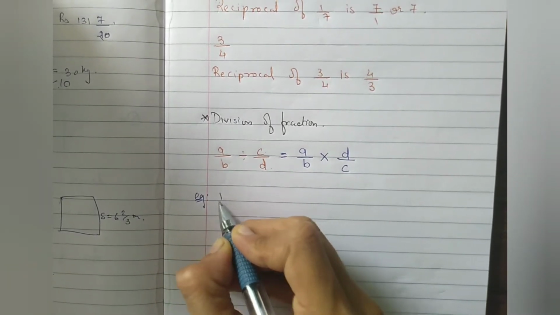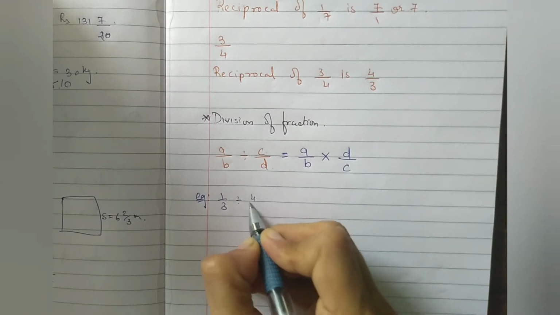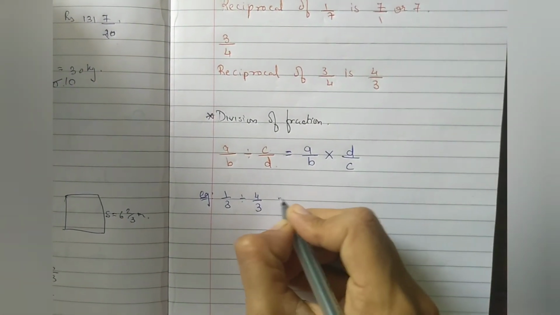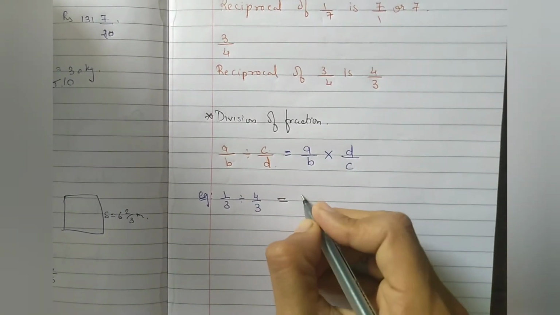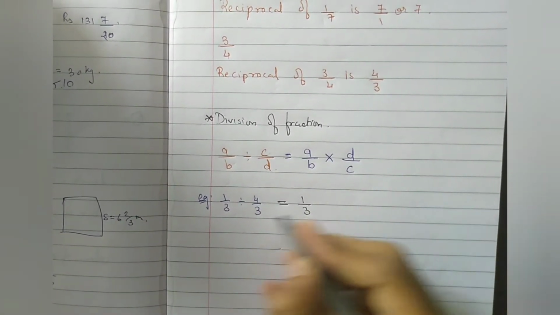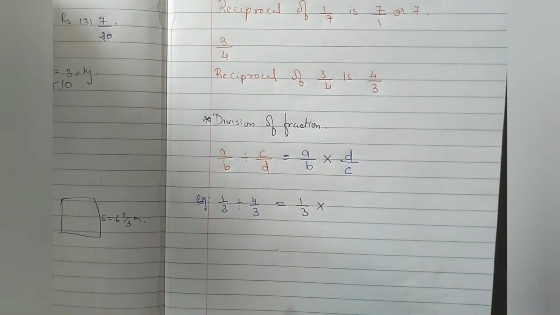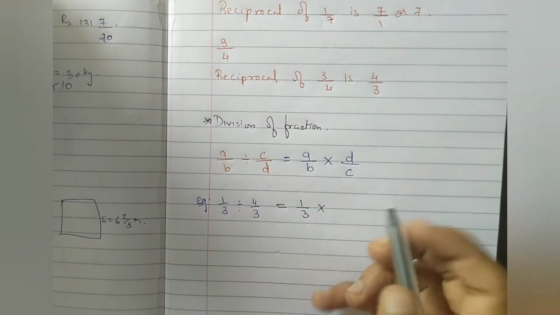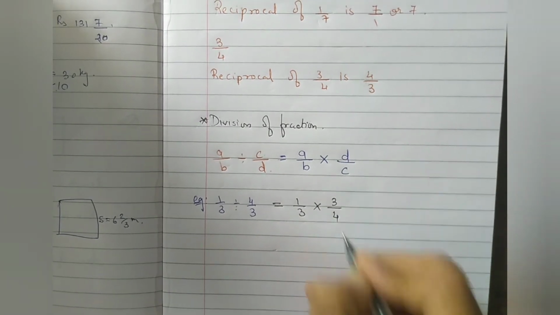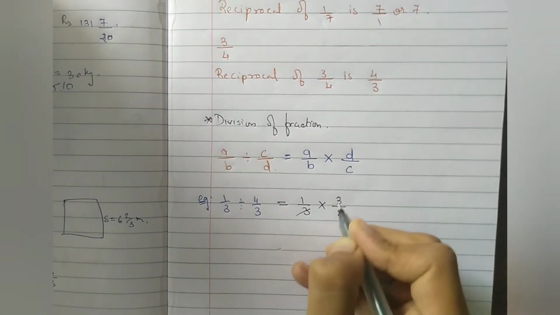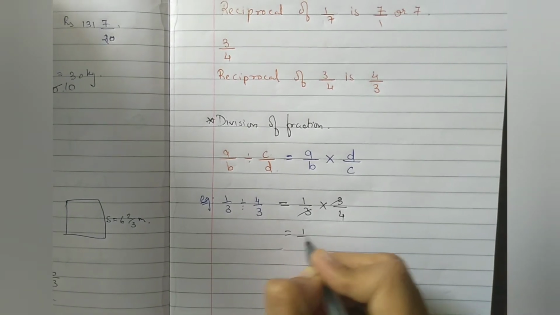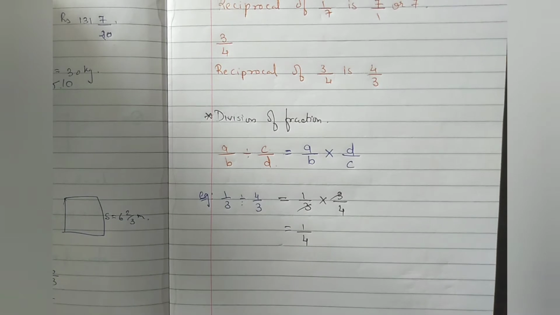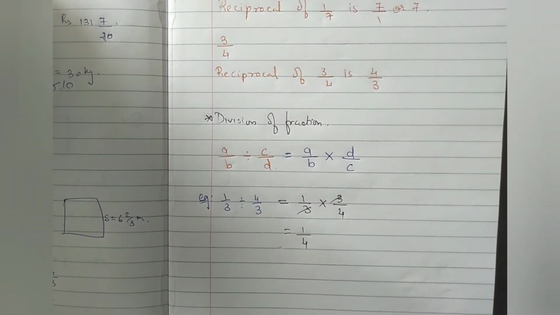If you are given 1 upon 3 divided by 4 upon 3, how can we write it? Equal to A upon B as it is, so 1 upon 3 as it is. In this, division is converted into multiplication, and the reciprocal of 4 upon 3 is 3 upon 4. Okay, 3 cancels. So the answer is 1 upon 4. Understood? Now let us start exercise number 2.3